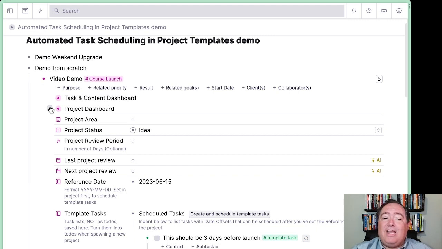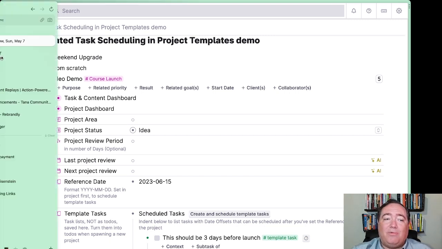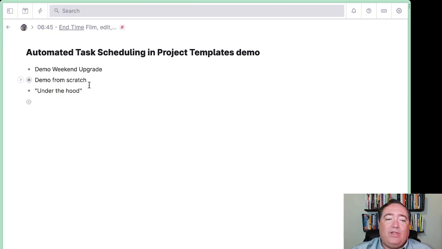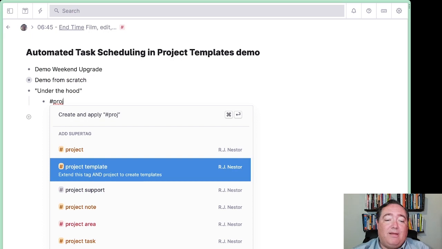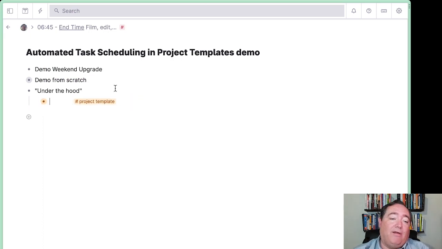If you'd like to see how this works under the hood, let me keep you for just a moment and I'll show you how this is built, and you can fiddle around with building it yourself. So all that's happening here is actually surprisingly not that complicated. So if I go to the project template tag here,